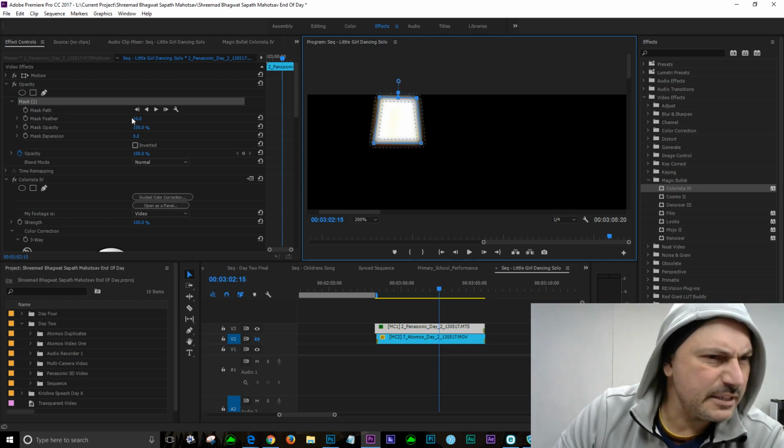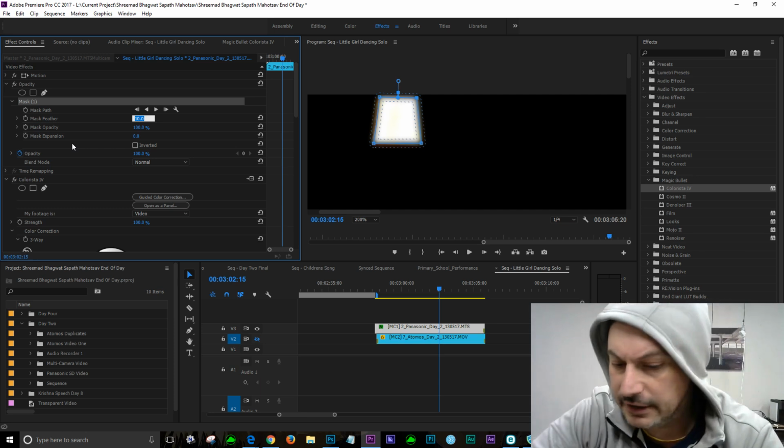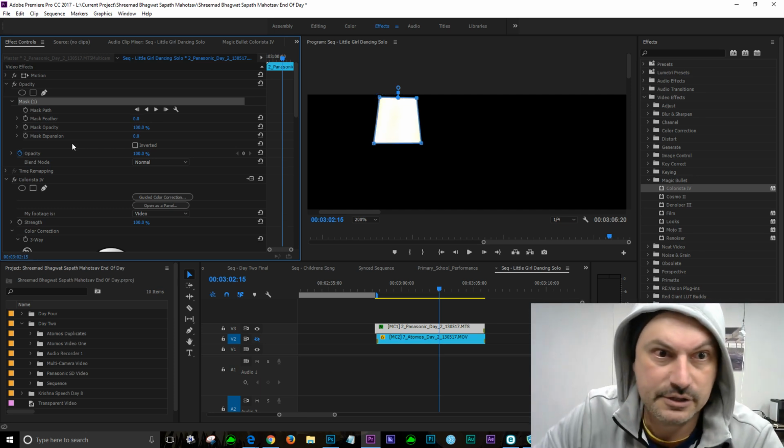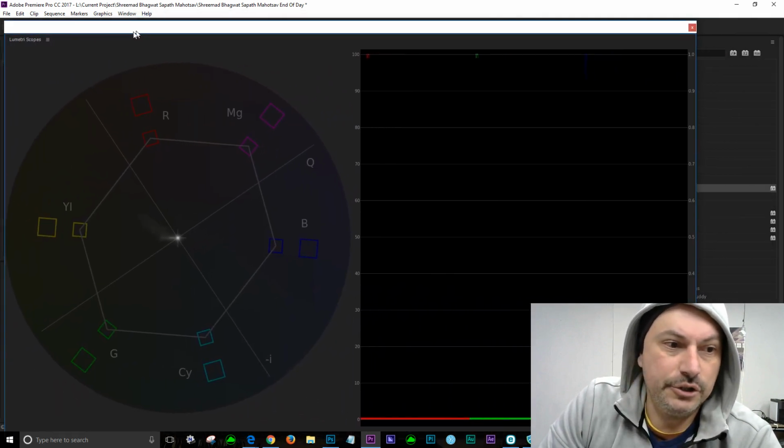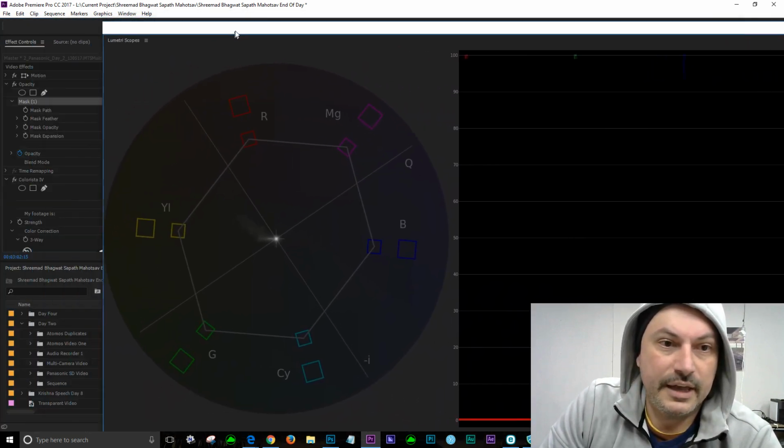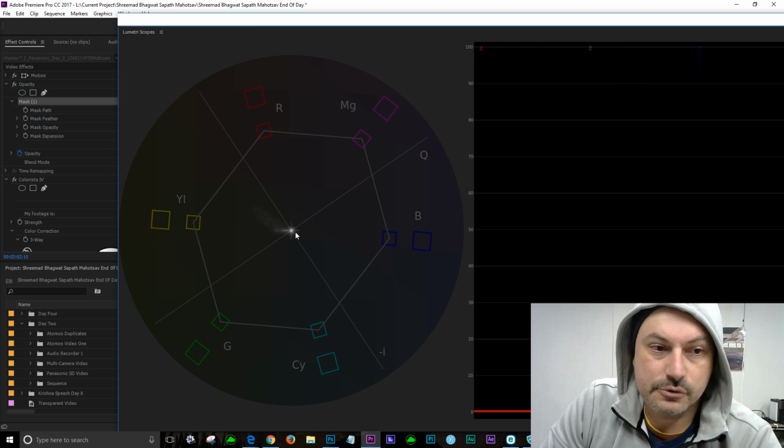Okay, I believe we've got a mask feather happening here. We're going to get rid of that. We don't need the mask feather, so we're just going to make it 0. Now, I'm going to bring the scopes across. What you can see, okay, is we've got this little trace of yellow-red, right? That is happening in the white area. What we're going to do,